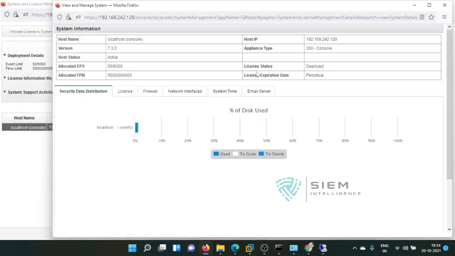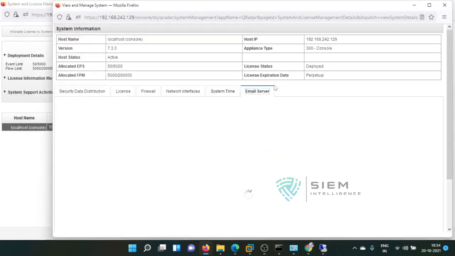Now there is something called email server. You can give the SMTP, if you have something like smtp.ibm.in, or you can give an IP, something like 192.168.25.5.